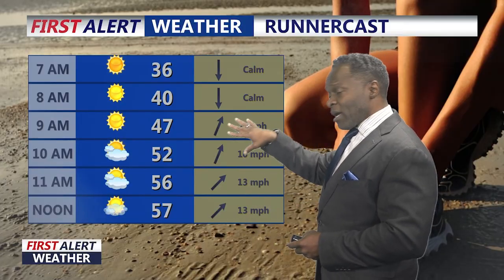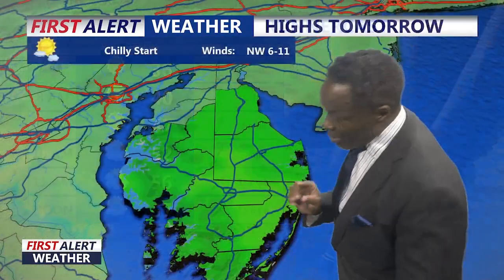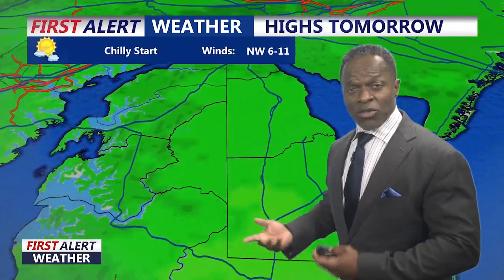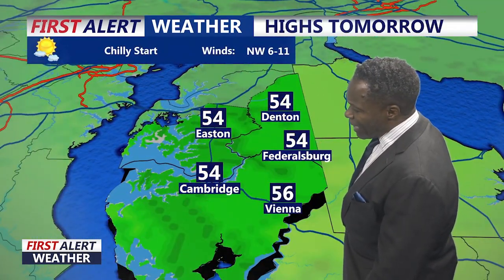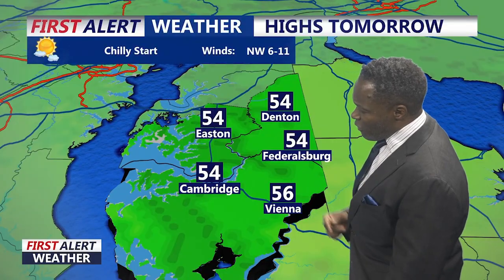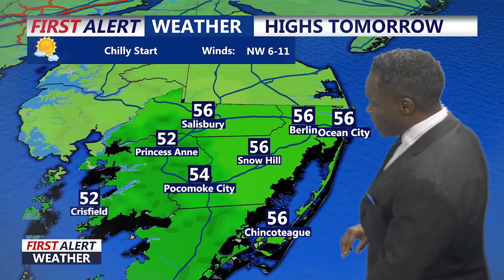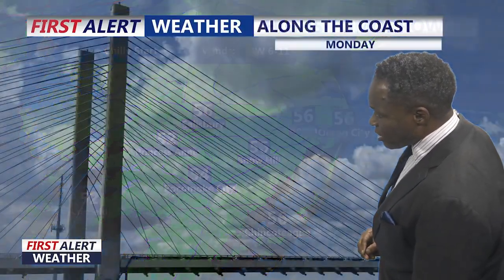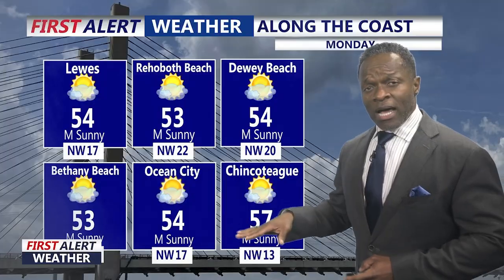Fortunately, the winds are going to be coming out of the southwest, so that's going to help with it feeling a little bit better. But keep in mind, the winds are going to be swirling in some areas that are going to be coming out of the northwest, but we'll have 54 degrees, for example, in Cambridge, 56 in Vienna, 54 for us in Federalsburg. We're going to warm to 54 degrees in Pocomoke City, but we'll go up to 56 in Ocean City as well as Chincoteague. Along the coast, we are expecting for the winds to continue to push out of the northwest,